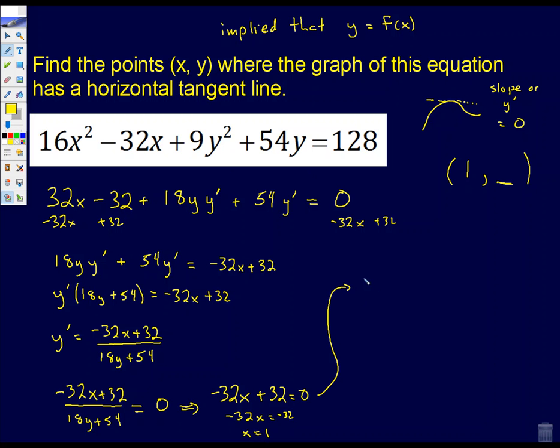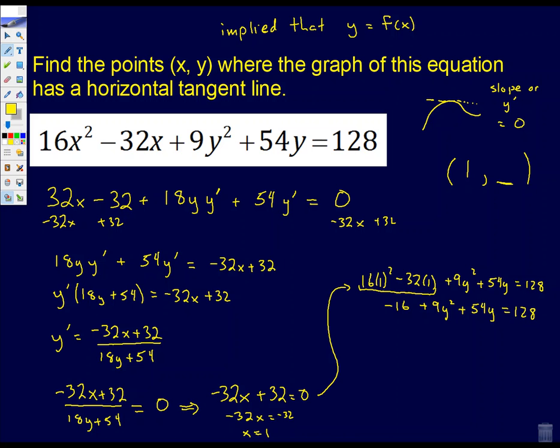So it's going to be 16 times 1 squared minus 32 times 1 plus 9y squared plus 54y equals 128. This is 16 minus 32. So all of this just makes minus 16 plus 9y squared plus 54y